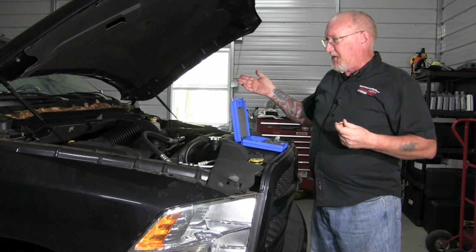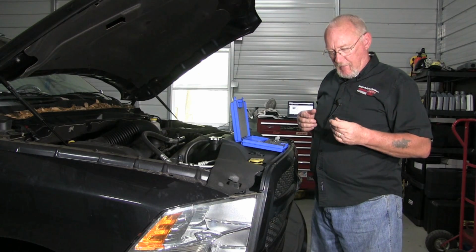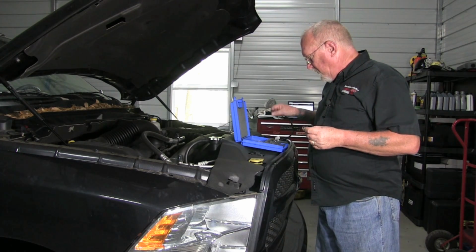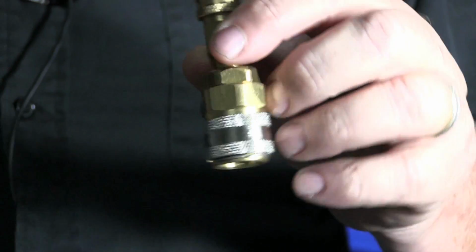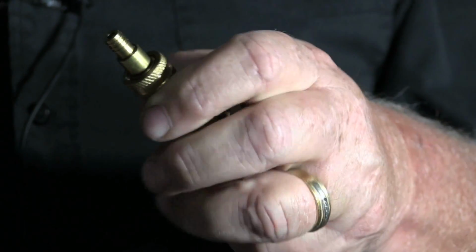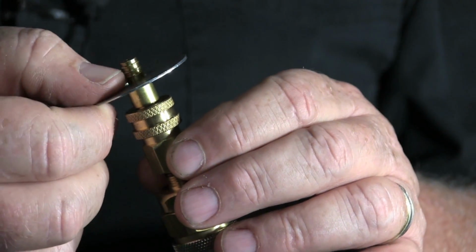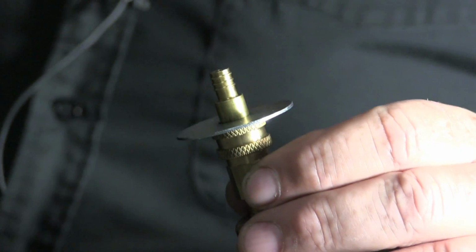In the meantime, we're letting the system itself prep. We've already run it, obviously, so we've got the system circulated. If there isn't any sealant in it, it's had plenty of time to circulate. And we've let it stabilize for a few minutes now. So I've got my sensing plug ready. Then I'm going to attach it to my adapter that fits onto the high side line. There's only one way you can plug that on. And then I have a safety ring that we're going to use. Then next comes a length of hose. Get it fully seated on the sensing plug. And then last but not least, on the other end